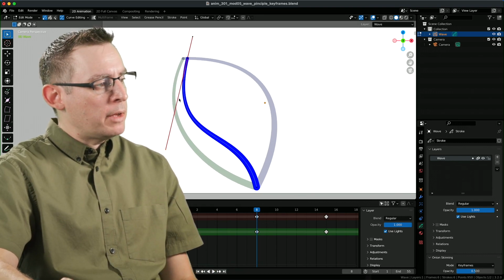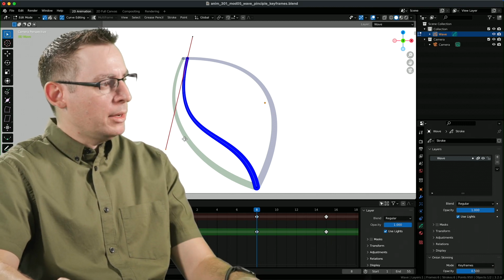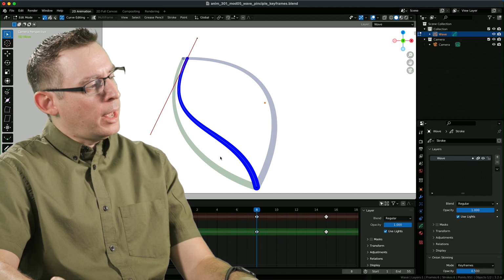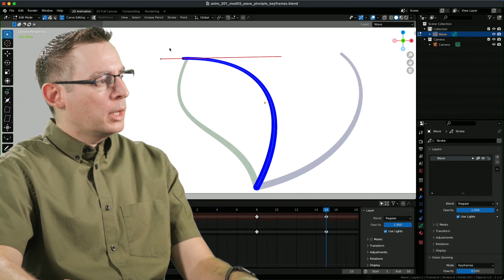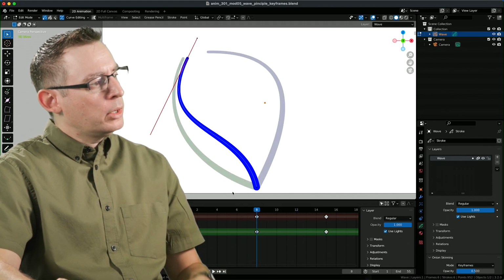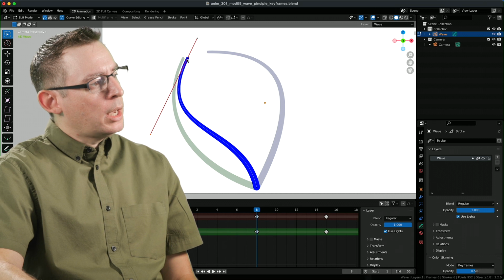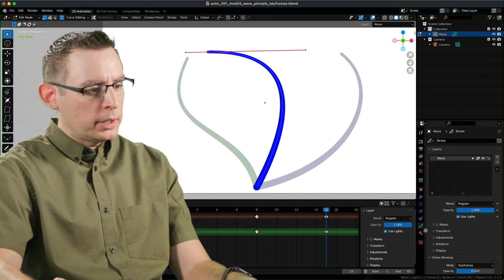We're getting the beginning of a nice little S curve in here, which I think is really neat. I could amplify that, maybe even more. Yeah, I like that. I think I'm going to go to this drawing here, and I'm going to change the location of the tip. Because as I look at all of these onion skins, I may have gone a little too far. That location is wildly different.